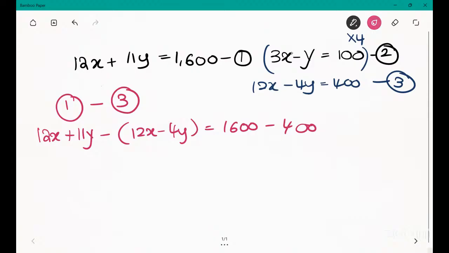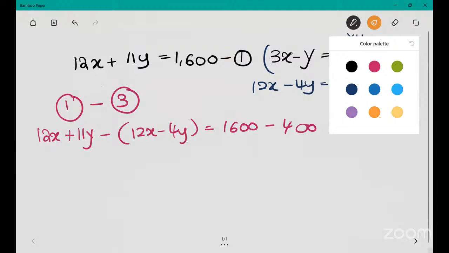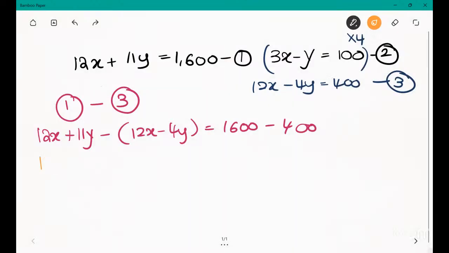Now I'm going to open the brackets. So 12x plus 11y minus 12x minus 4y, minus into minus becomes positive, 4y is equal to